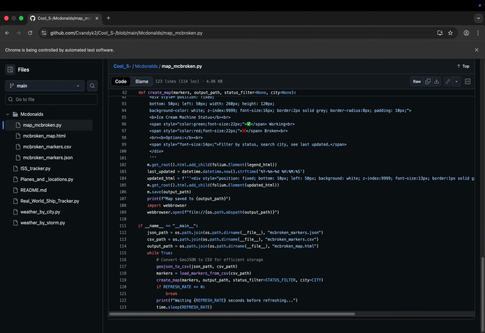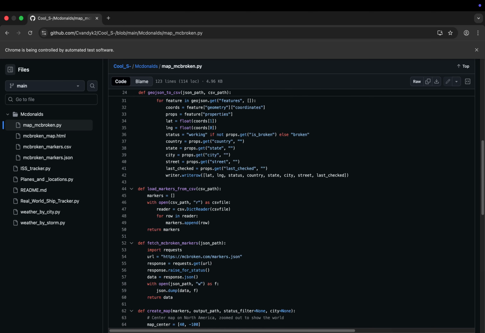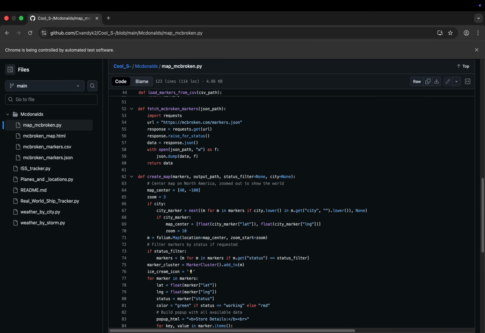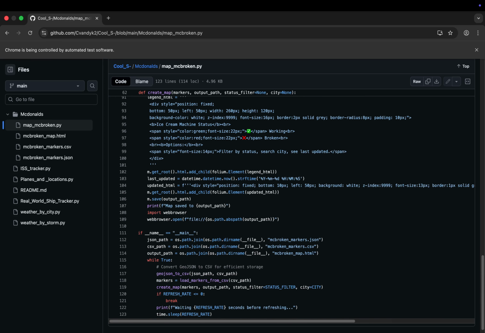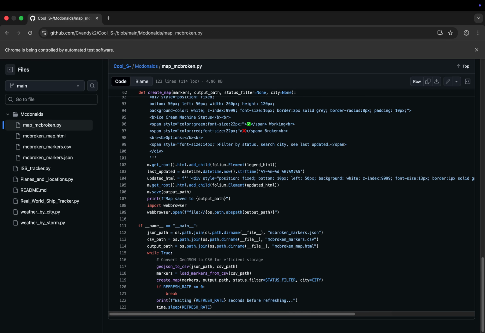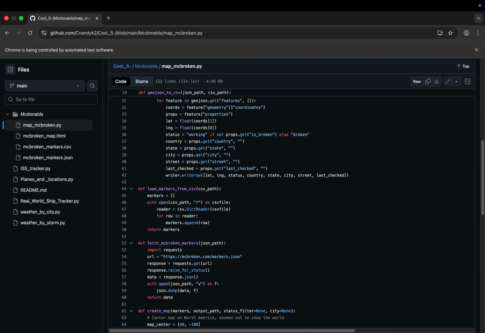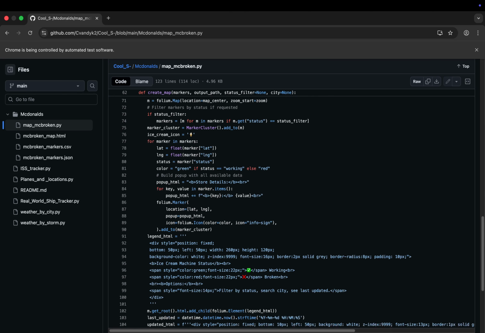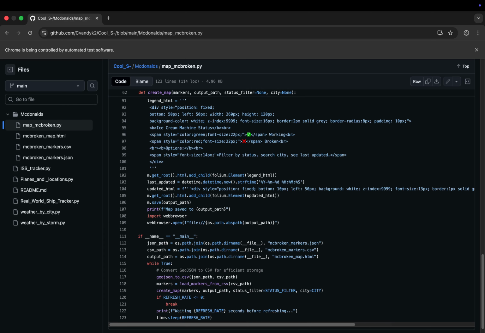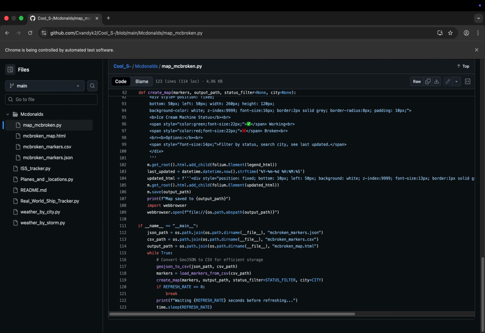Each record includes details such as the restaurant's latitude and longitude, its country, state, city, and street address, whether its ice cream machine is working or broken, and the time it was last checked. Once the data has been organized, the script uses the Folium mapping library to plot each restaurant on an interactive world map. The map begins centered on North America but can automatically zoom into a specific city if one is